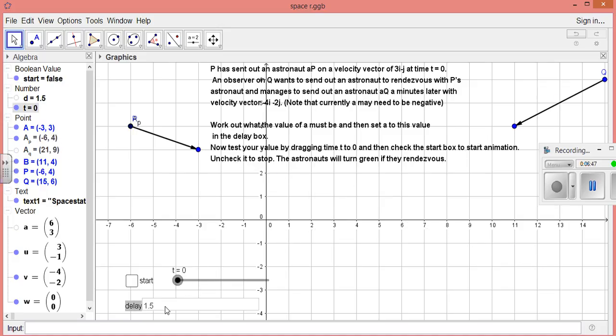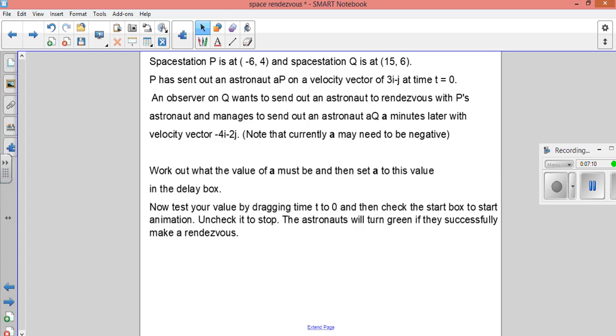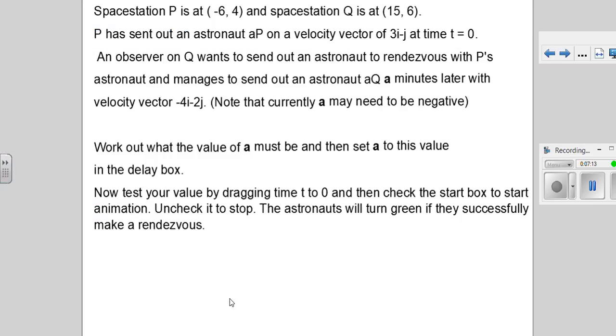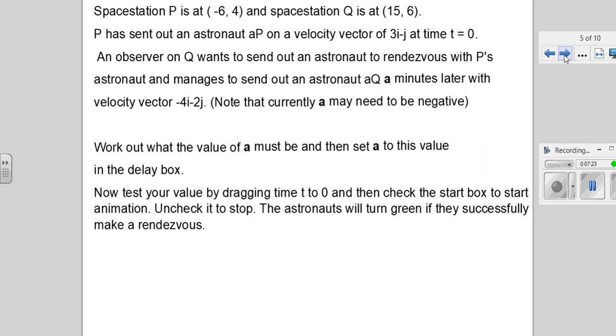You might be tempted to do it by trial and error, but of course that's kind of cheating, isn't it? You can work it out using vector methods. So I'm going to leave you to think about that. Like I said, it is problem solving, really. This is a problem solving process. And when you've figured it out,